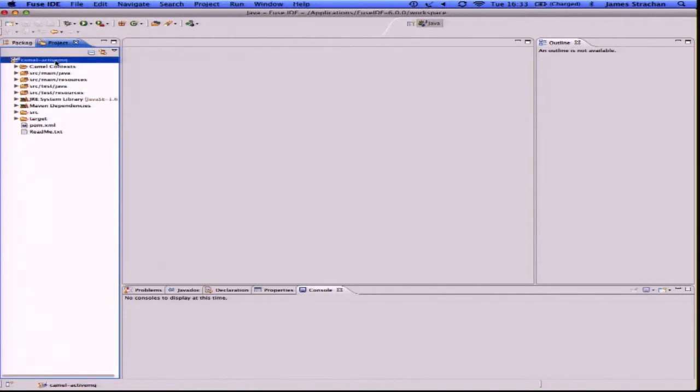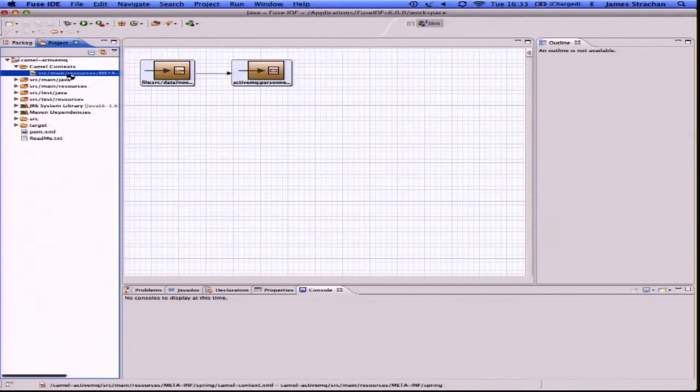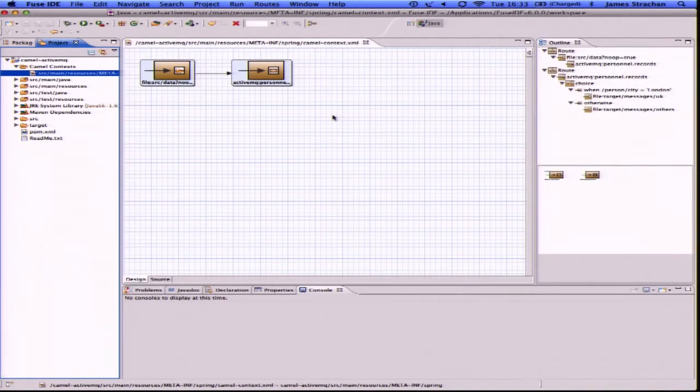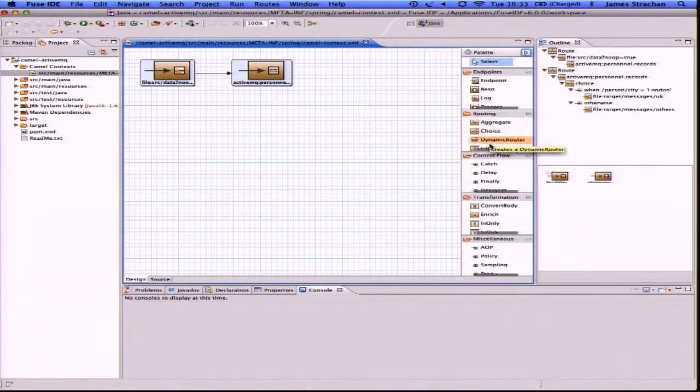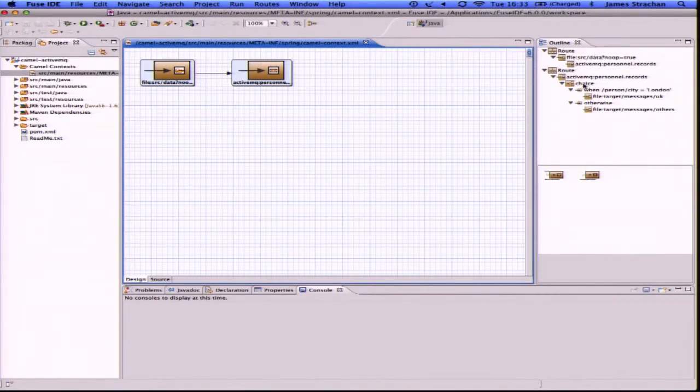I'm going to go straight inside the Camel context thing and double-click. And we get a visual palette. So this is a drag-and-droppy thing that I'll show you tomorrow. So you can drag and drop things around and visually design your Camel routes. You've got a big palette over here with all the various patterns and endpoints and yada, yada, yada. You'll notice over here we've got two integration flows. So the first one connects